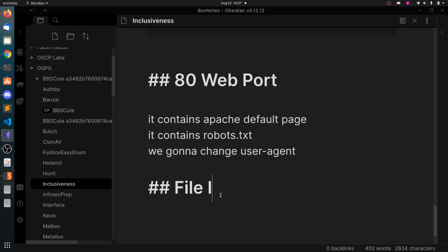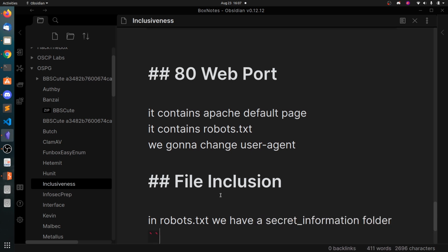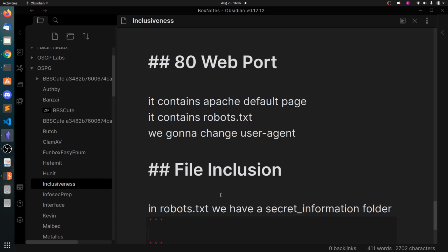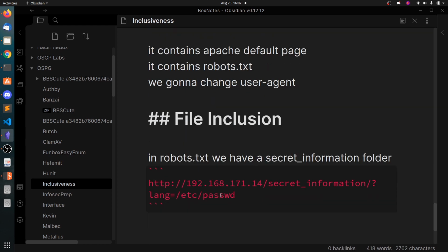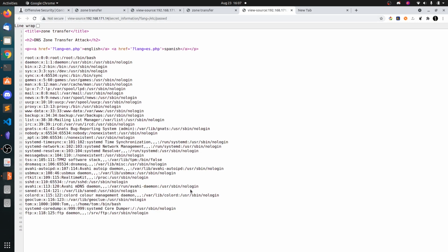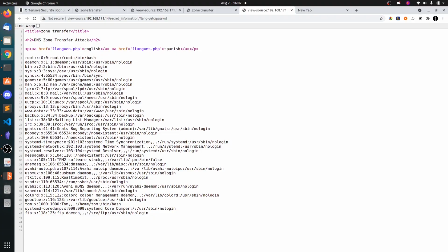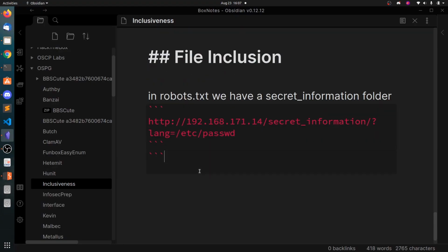Let's say file inclusion. And press Ctrl U so you can get a neat view of this passwd file. You can just copy this one and paste it here.